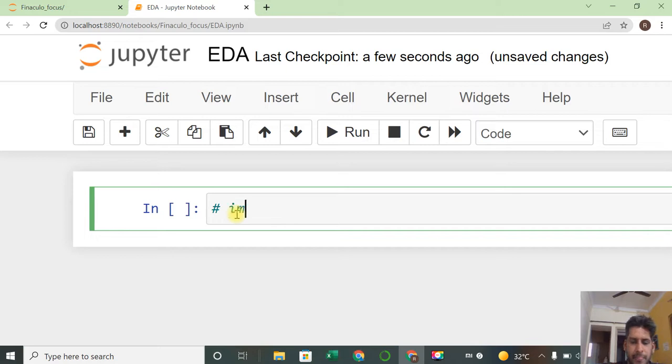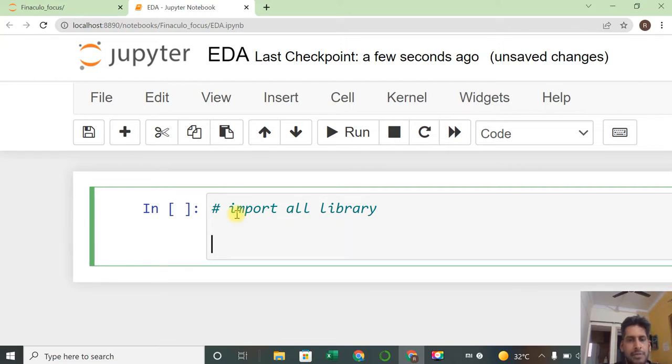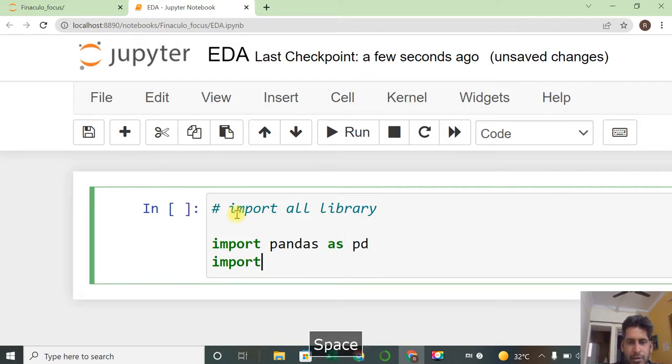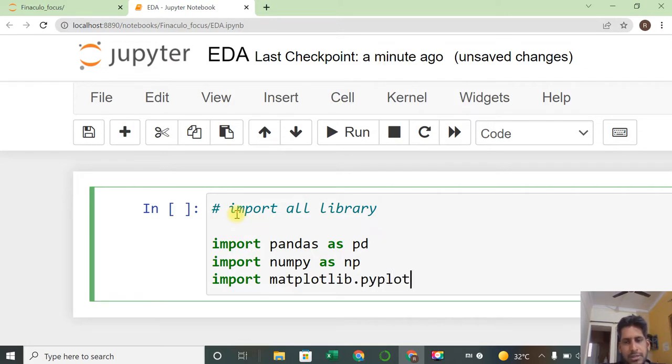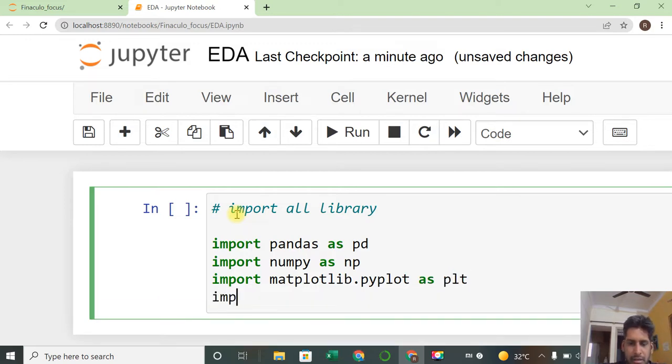Now the first step is to import all the libraries. One is import pandas as pd. Then import numpy as np. Then import matplotlib dot pyplot, which means Python plots, as plt. Then import